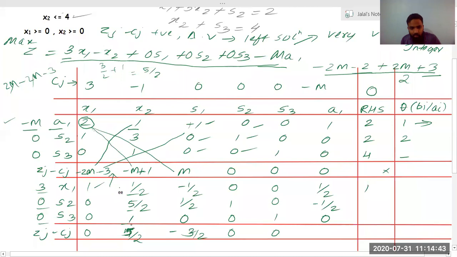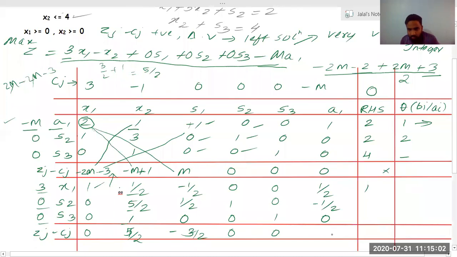This is happening because I am doing it on the whiteboard. It becomes a little difficult to check the error from my side. So it would be better if you check it from your side also. So this is coming out to be 5 by 2. I'll see in the chat if you are agreeing with this. I think it is correct. Thank you. See, so this is 5 by 2.